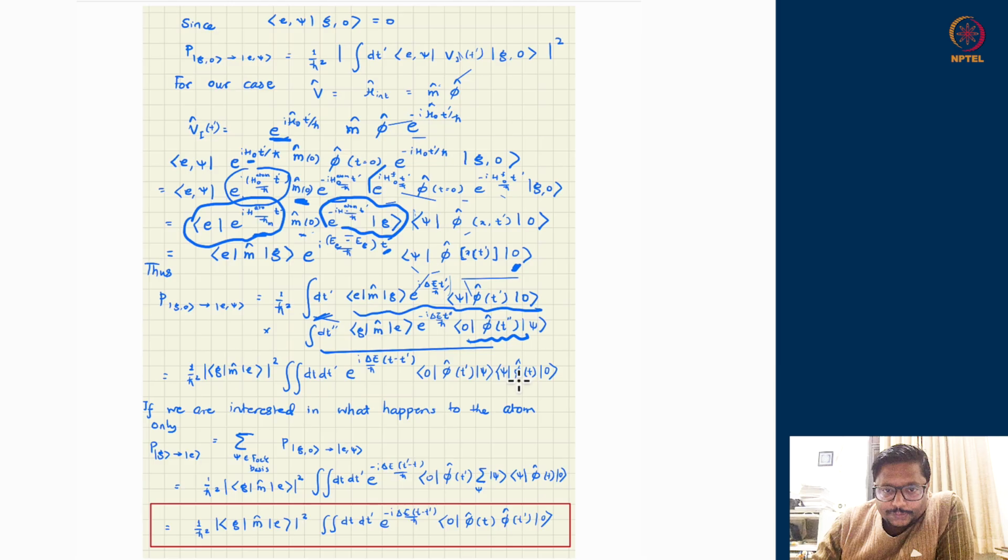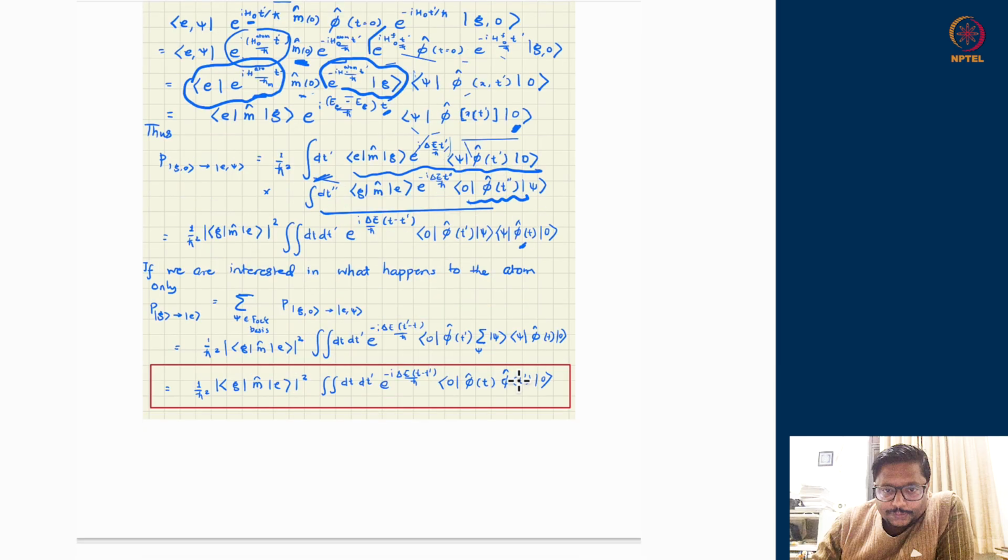Now suppose we are interested only in knowing what is the probability of excitation of the atom irrespective of whatever happens to the field. That means I am not interested in where the field goes. Let it go to any of the Fock bases. I do not care. That means I should ask for all the possible processes, and add up their probabilities where the atom gets excited. That means 0 to E, but the field goes from 0 to 0 or 0 to 1k or 0 to 2k, and all such possibilities of psi. That means psi of all the Fock bases, I am going to add over all the probabilities in which the first part gets excited, and the second goes wherever it likes. So all the final states I sum over.